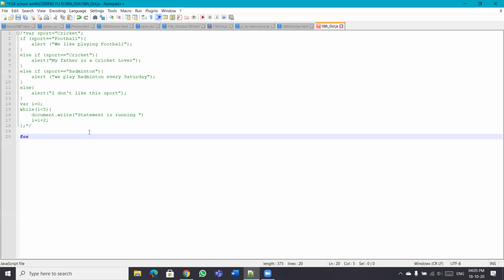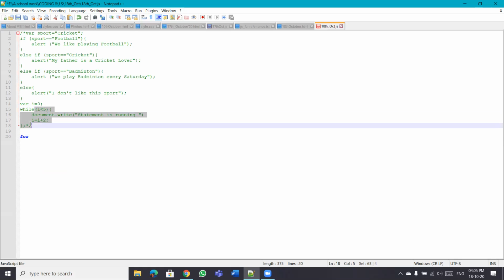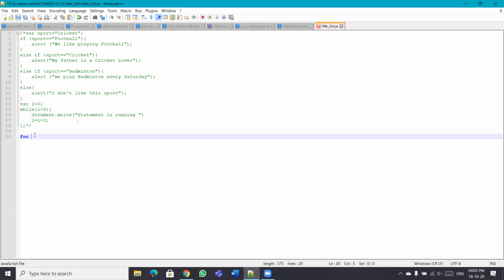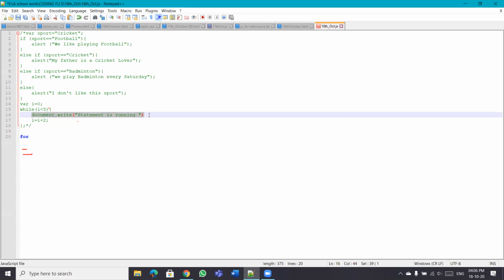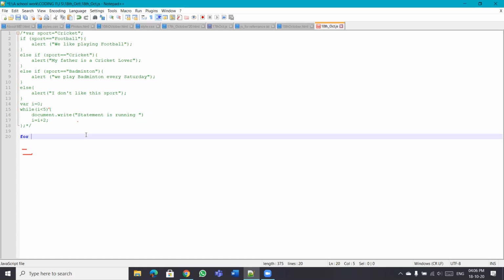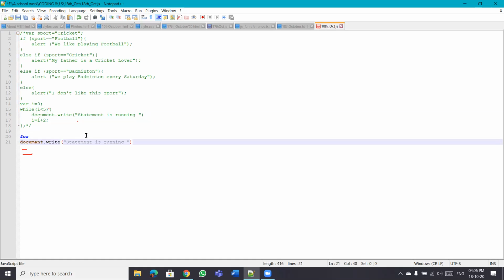Can you just copy whatever you had in the earlier one? Let's copy that. Just copy the one which was the statement in the curly brackets and just paste it over here. Now the for loop works similar way as we have the while loop. So when we'll say for,